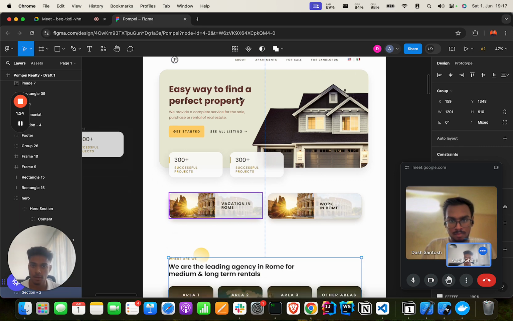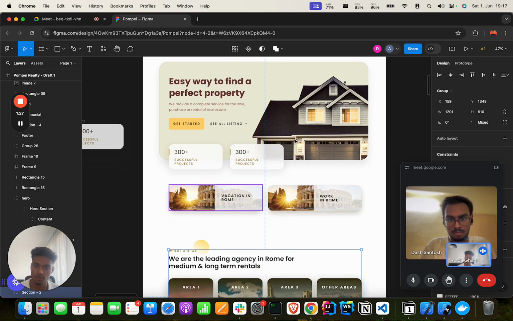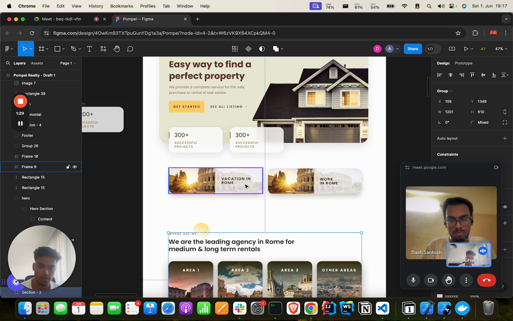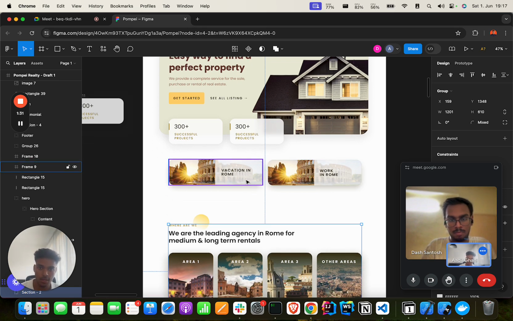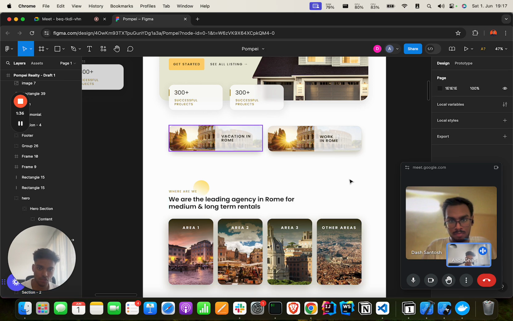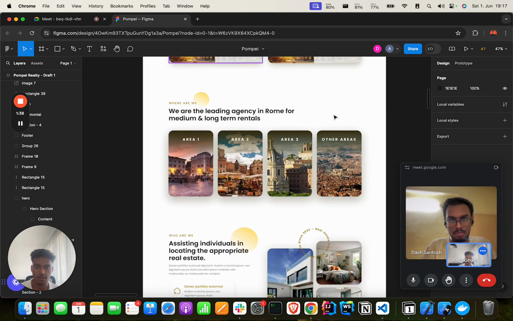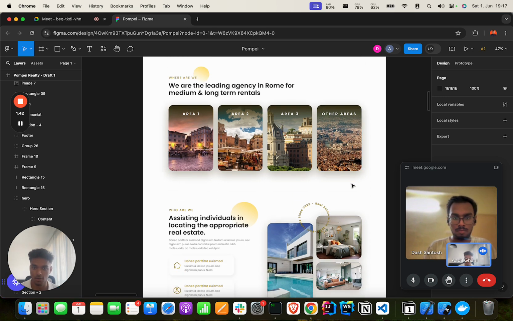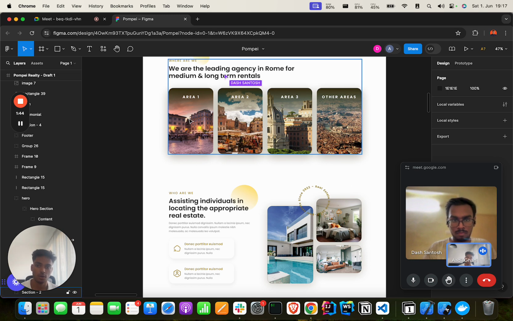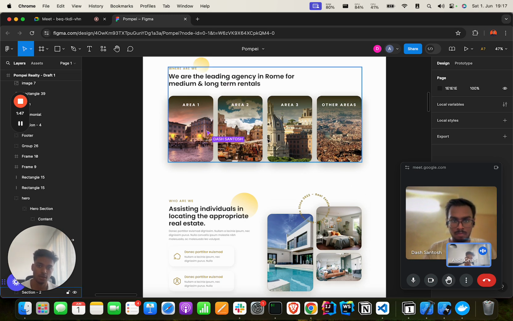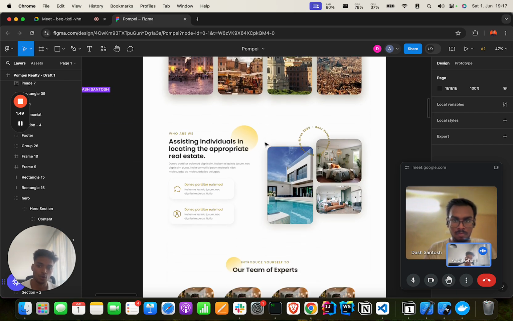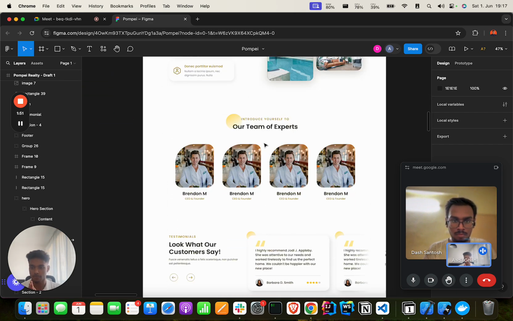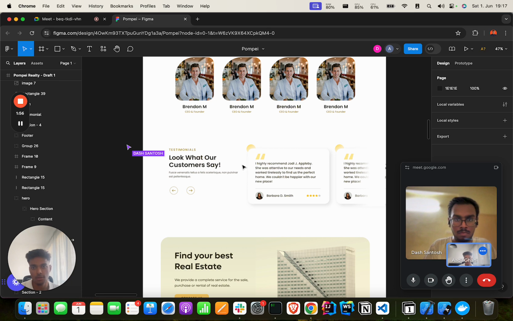That's the base idea. Then we have the hero section, pretty standard, looks really amazing. Then we have 2 CTAs, like image CTAs. People can click on this and get redirected to that specific page, followed up by more visuals as such. This is going to be a sub-hero, let's say, or a section where we show the different areas that we are in and who we are, a bit more unwrapping of the chapter, showing up the founders, the team,